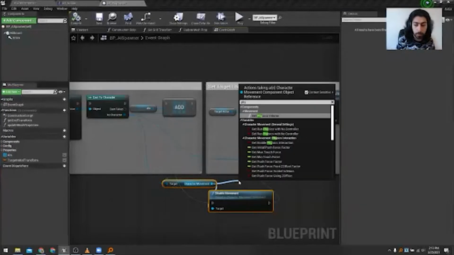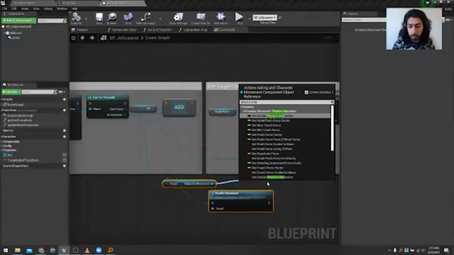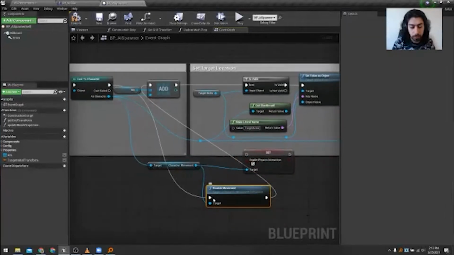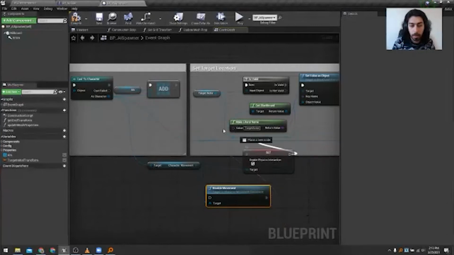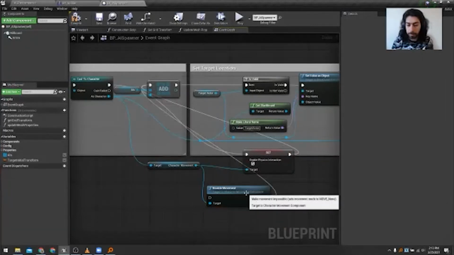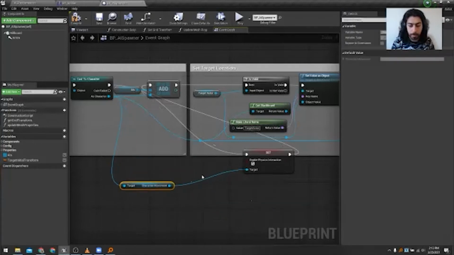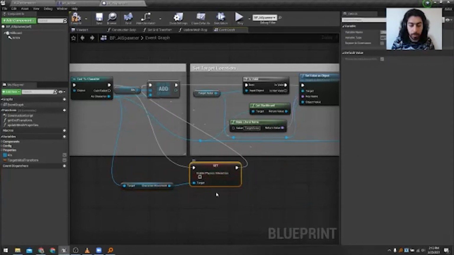If you look at the property that's called physics interaction, we disable that instead, and let's just not disable the animation. Let's connect this one here and disable the physics interaction.